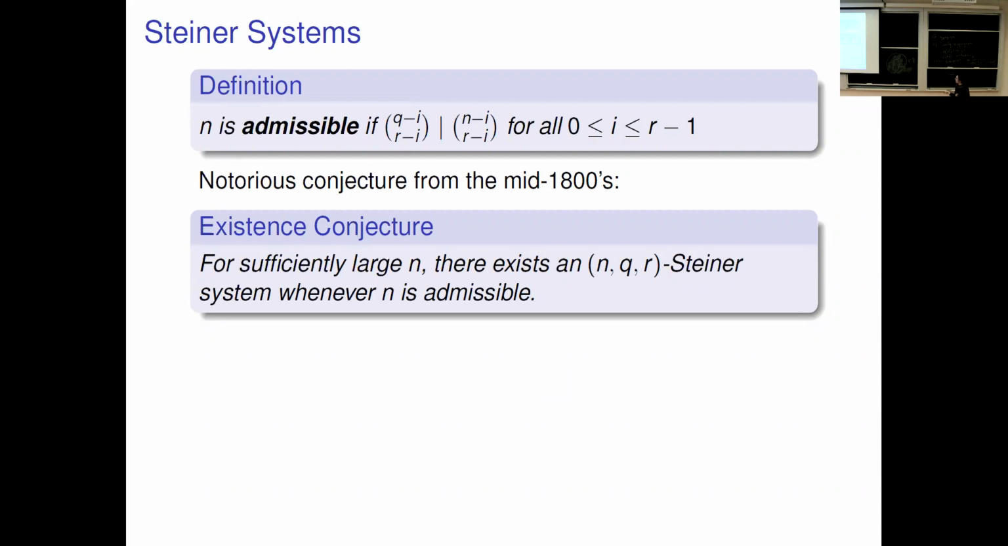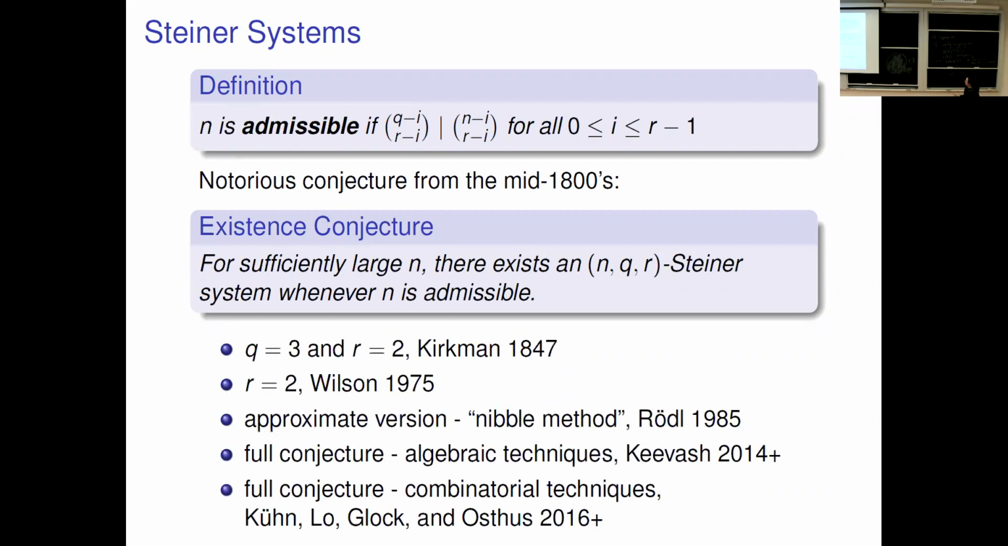And there's been a lot of work on this conjecture. I mean, this conjecture, or even just a case of it, was sort of the motivating conjecture that led to the nibble technique in the first place. So for triple systems, Kirkman showed this in the 1840s. When r is equal to 2, this was solved in full by Wilson. But then